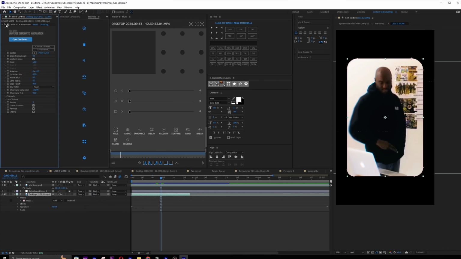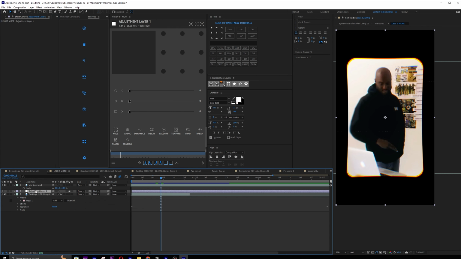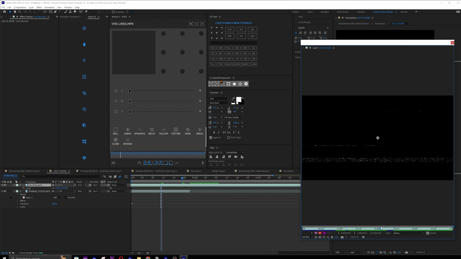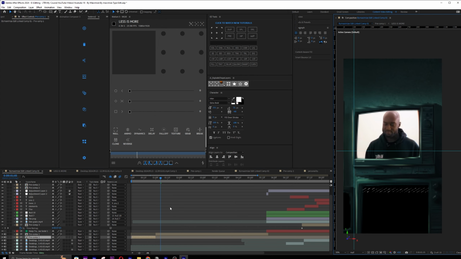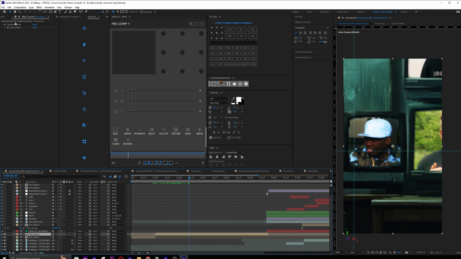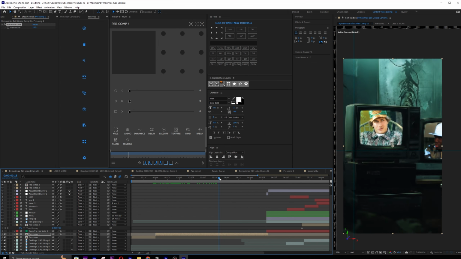If I turn this on, you can see this is what's created, and it's not necessary at all. The adjustment layer on top, clearly it's added by mistake. Then we have these VHS lines. So if I double tap on this so you can view it, it's pretty much like these kind of lines, and this will obviously be in the description below, so don't worry about this. Now let me exit. What I did on this scene was just add posterize time, nothing much.